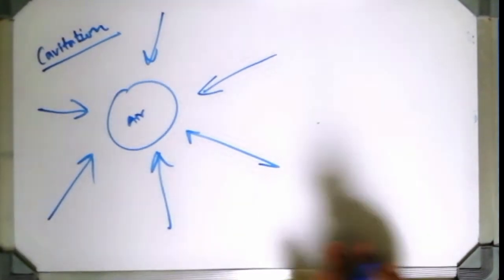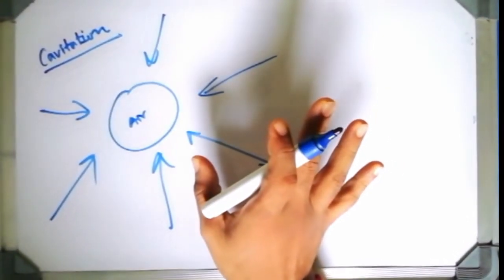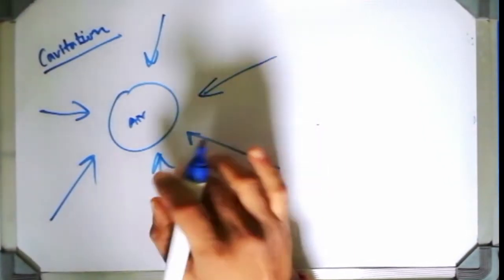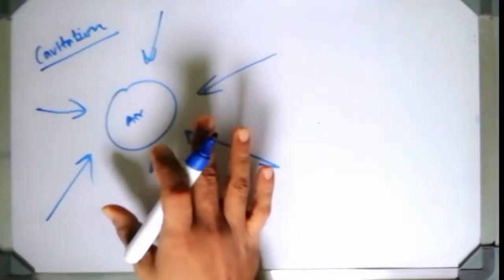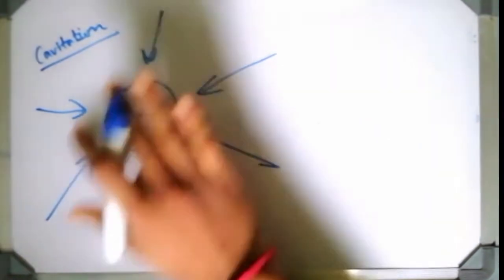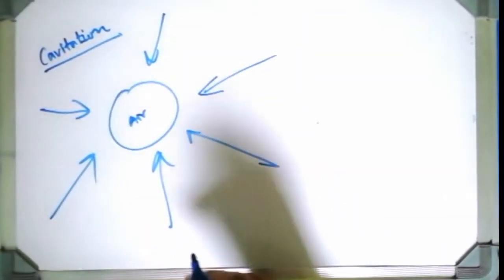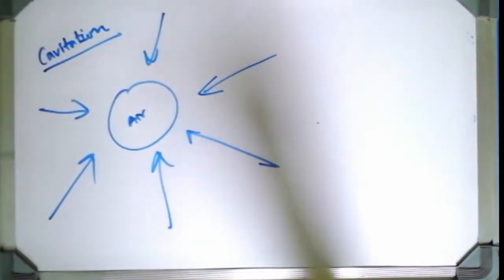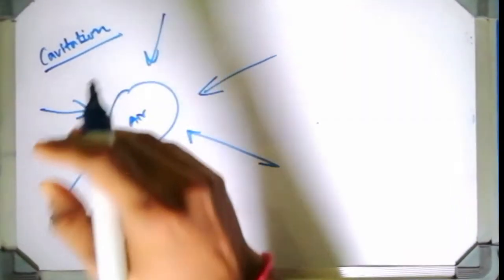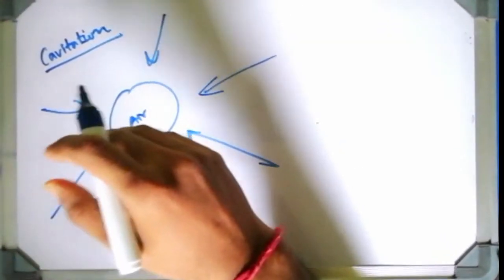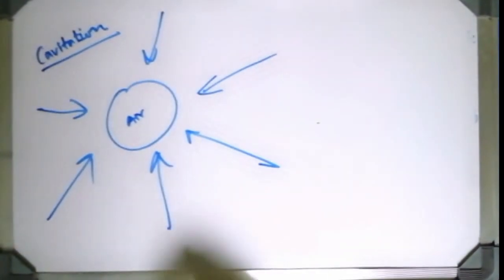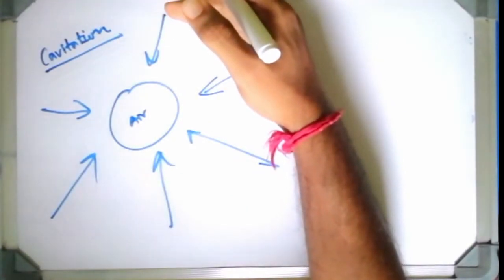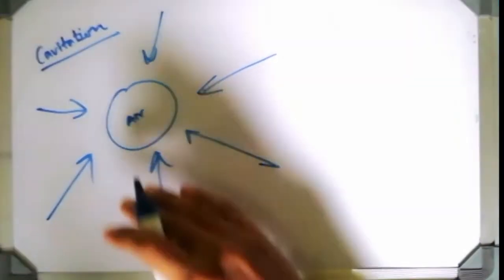Not really. In a hydraulic system, it can take place anywhere. Inside an impeller it can take place, inside the suction pipeline it can take place, inside the hydraulic circuit, that means the system I am talking about now, not in the delivery section. From the suction side to the pump impeller, it can take place anywhere, because for cavitation to occur the pressure must be below the atmospheric pressure, and that can only occur on the suction side as well as at the impeller side. If you go to the delivery region, there is high pressure, so cavitation cannot occur there.